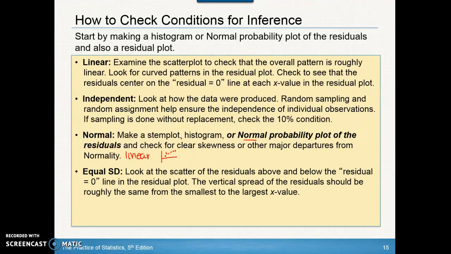The equal standard deviation, or the variance, is going to make sure our residuals are randomly scattered above and below the line y equals 0. If they don't give you the conditions, they'll most likely give you the scatter plot, the normal probability plot of the residuals, and then the graph of the residuals. And just make sure these are different. The normal probability plot of the residuals is different because